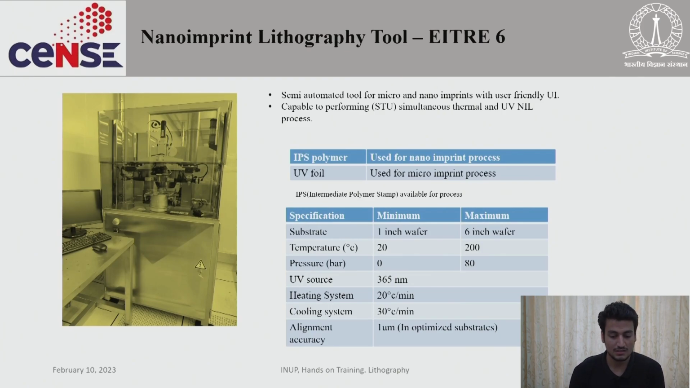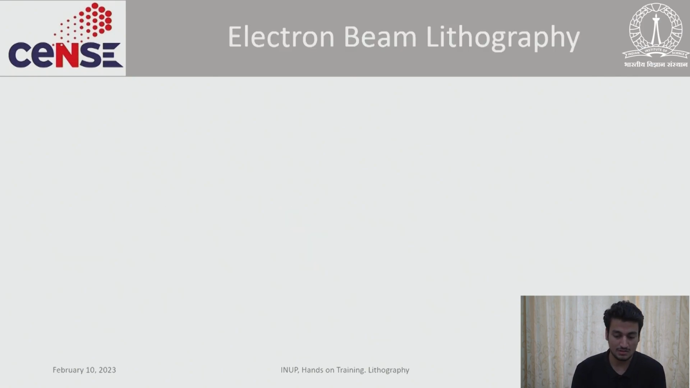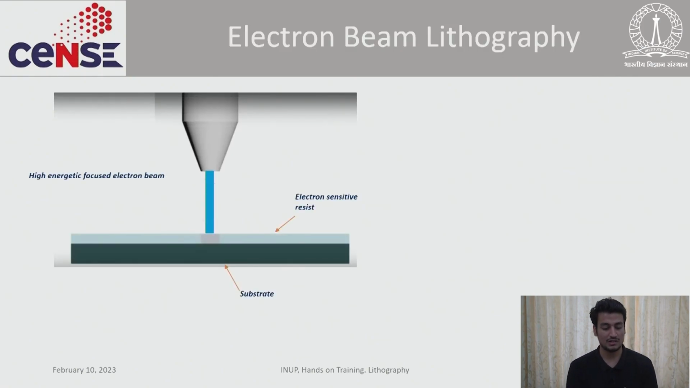And this one is the NIL tool, nanoimprint lithography tool. So these are the tool specs. Then we have electron beam lithography. So basically what is electron beam lithography? We are just focusing electron beams, and we are penetrating the resist layer over the substrate by using this electron beam, and then